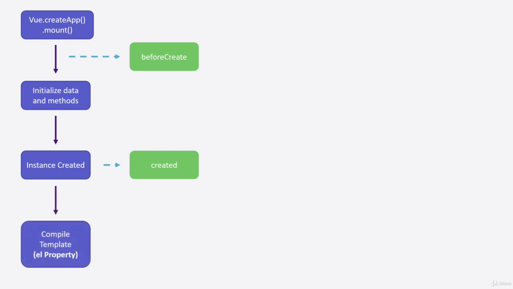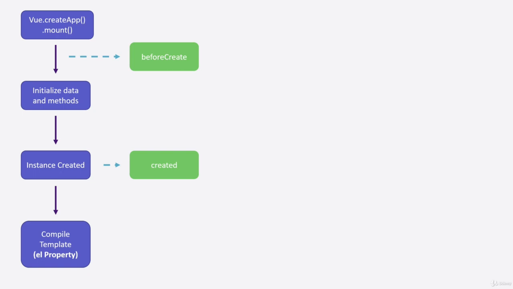After the Vue instance is created, it'll start looking for a template. This part of the lifecycle starts the moment we call the mount method on the application. Vue will scan the template code and begin processing it. This process is what's called compiling. We haven't talked about compiling in depth in this course, but I promise we will soon. All you have to know is that this is where Vue will scan for directives, expressions, events, and bindings inside